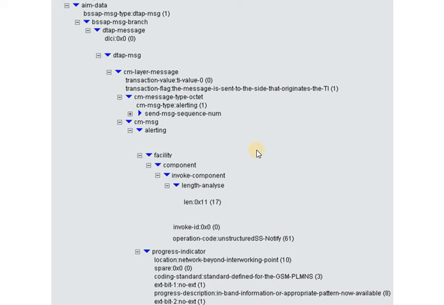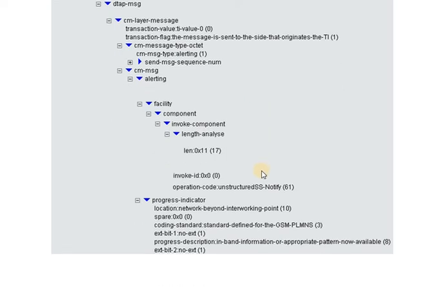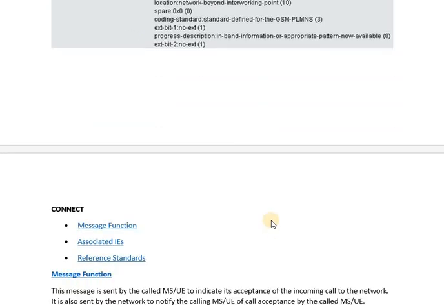That is, the ring back can be heard at the calling side, and the called party is being alerted through a ring tone. In the alert message, you can see the progress indicator. The progress indicator indicates in-band information, which shows that a ring back pattern is being established end to end.